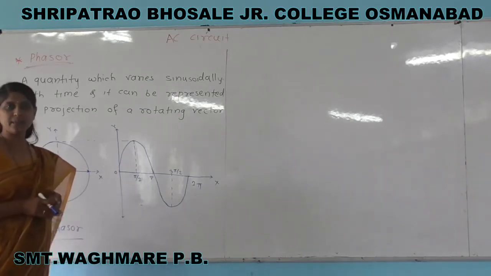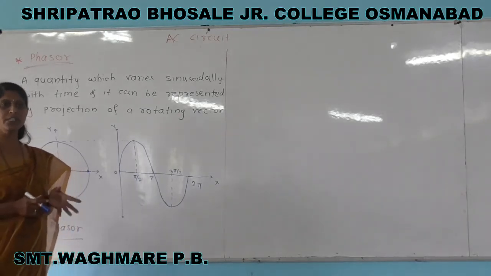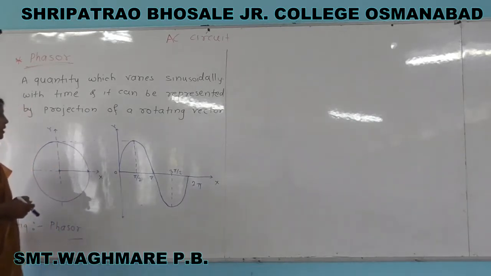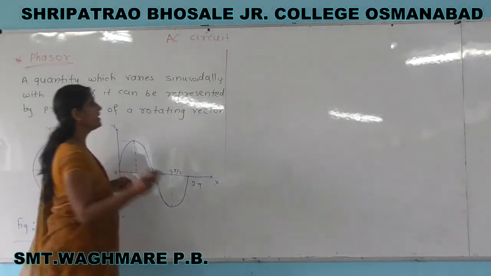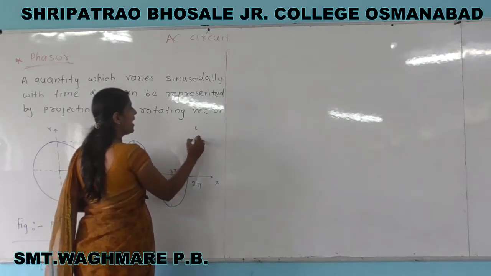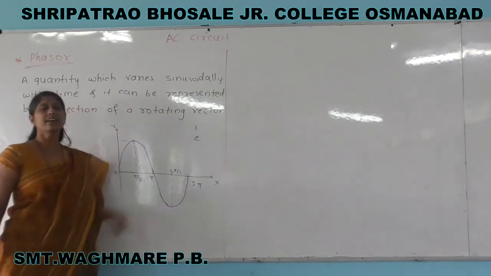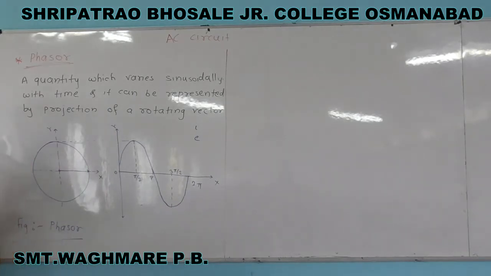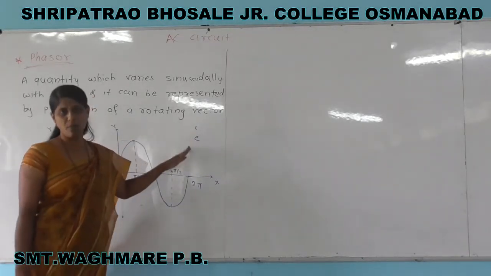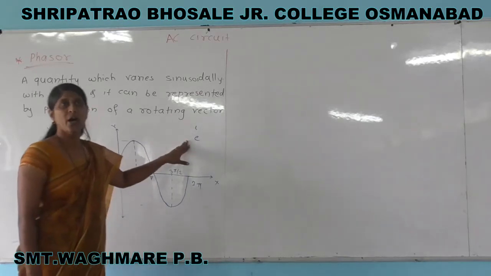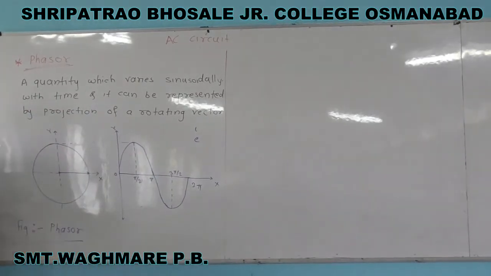we have already discussed the EMF induced and the current. In an AC circuit, if we represent alternating current and alternating EMF, that is I and E, as a rotating vector, when we represent these two quantities in the form of a vector or rotating vector,